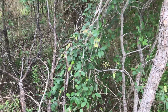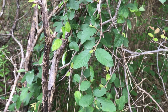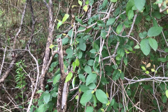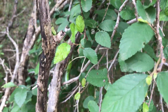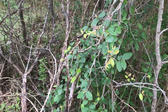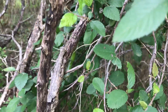Really large green anole here. It might be hard to see. Right in there, giving me the stink eye. These are always a fun animal to try to catch, but they're kind of funny. We used to, back in the day, and this was probably unethical and we would never do it nowadays, but when we used to catch them doing demographic work, if there was a bunch of them, we would hang them from our earlobes in order to hold on to them because they would just clamp on and hang on. Never do that today, but when you're 17 and you're still kind of dumb,